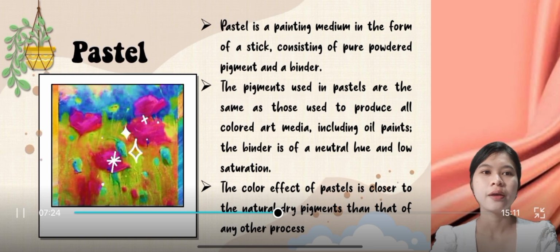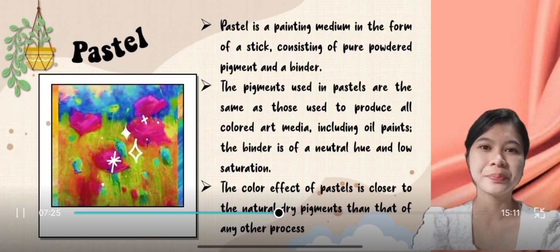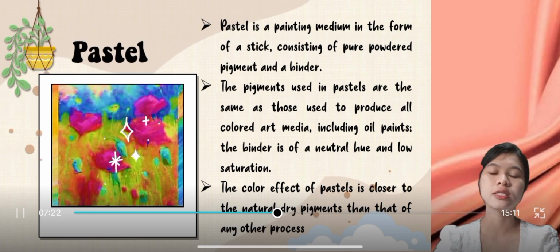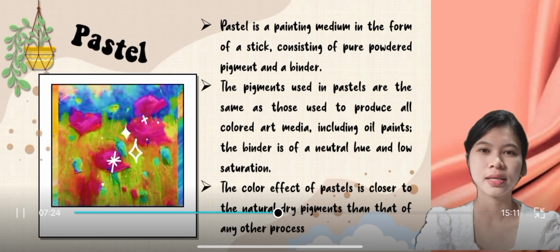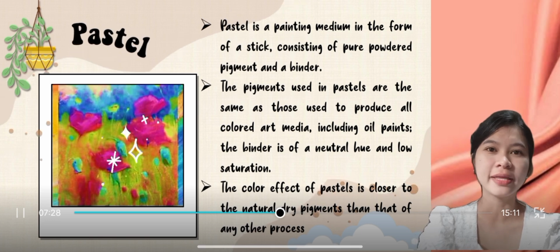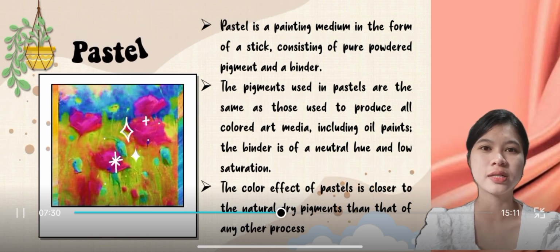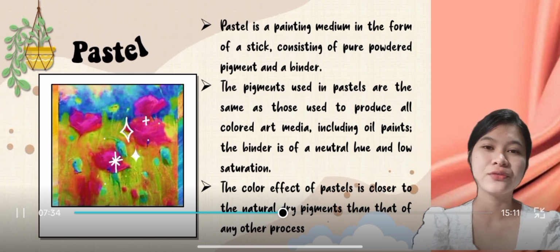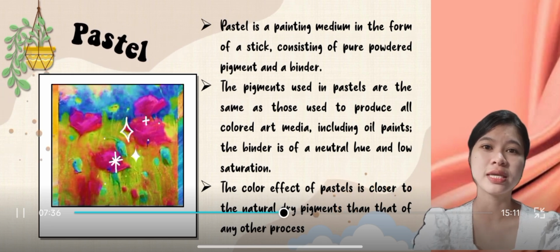As we can see in the picture, it is really bright. Italy in the 17th century. As we can see in the picture, it is really bright because we know that the pastel is known for its brighter color and ease of use. And also, as we can see, that